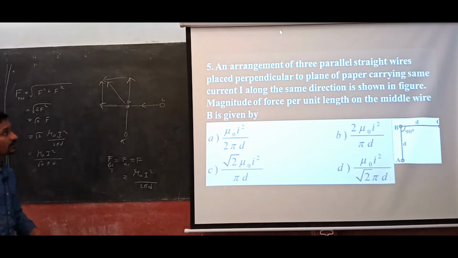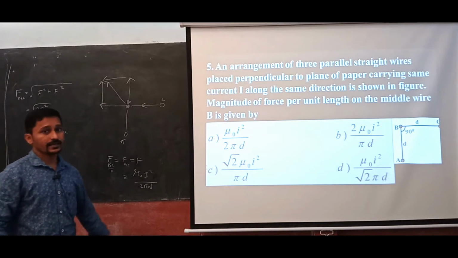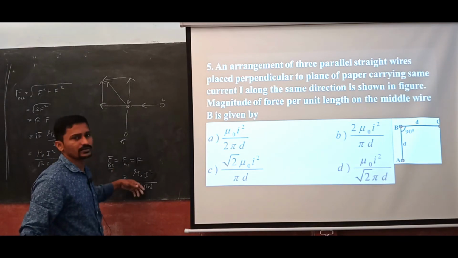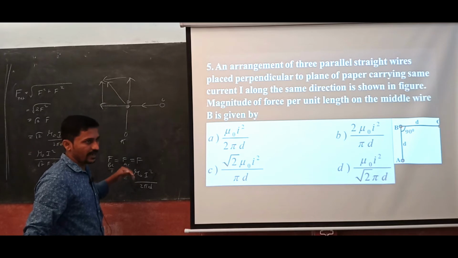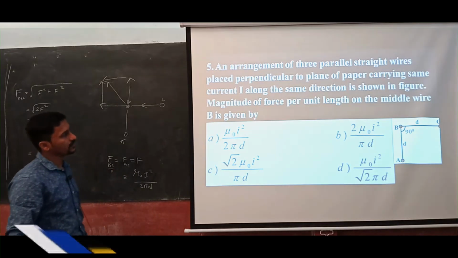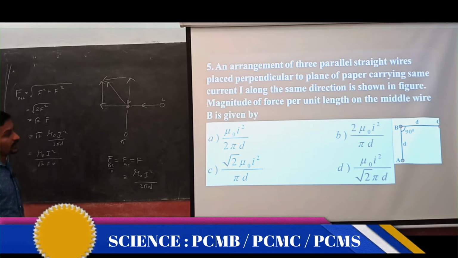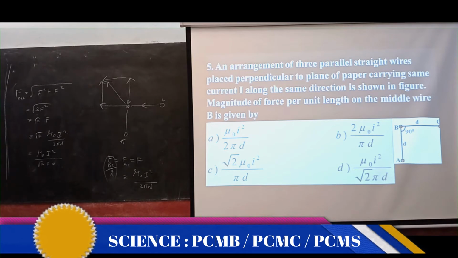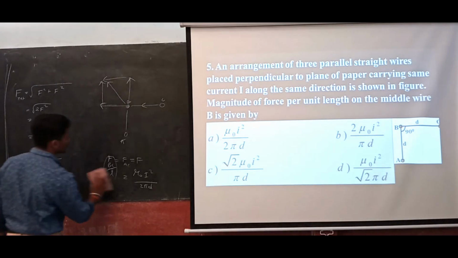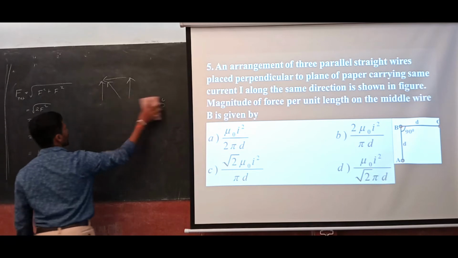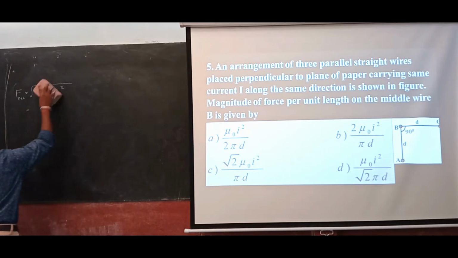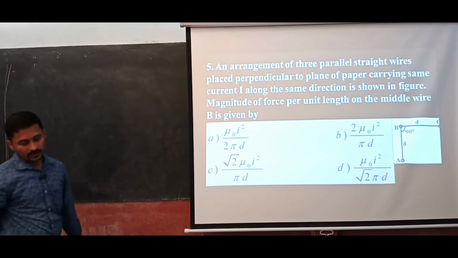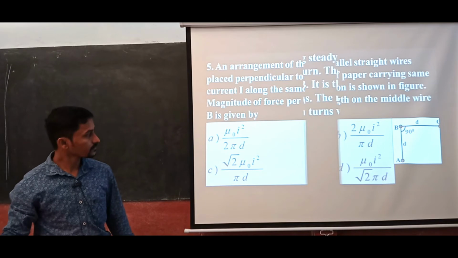This is the question. So don't get confused with this formula for Ampere's circuital rule and all this for the magnetic field and force. Remember, this is force per unit length only that we are going to get. We have derived it in this way, force per unit length only. That is the same as what they have given, so no problems here. If they ask for the force, you have to multiply it with the length if it is not unit length. If it is not 1 meter, we have to multiply that. So we will move to the next question now.